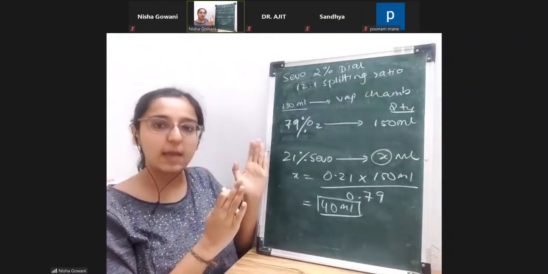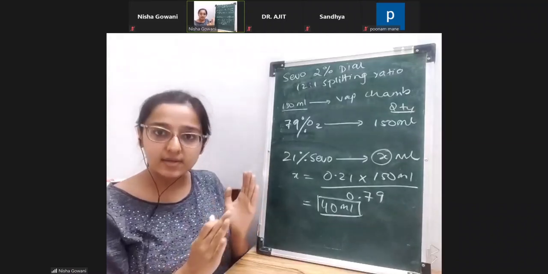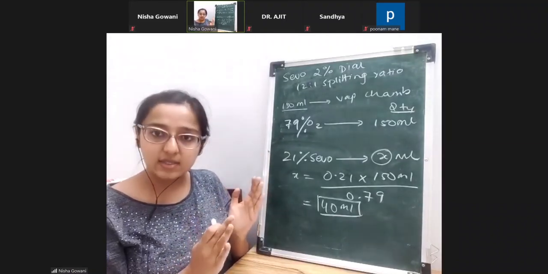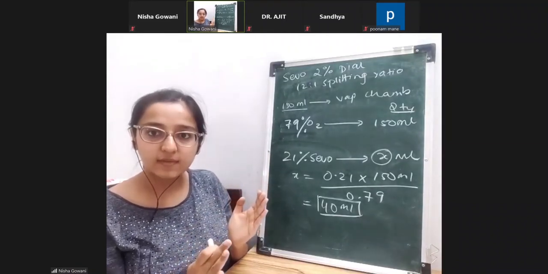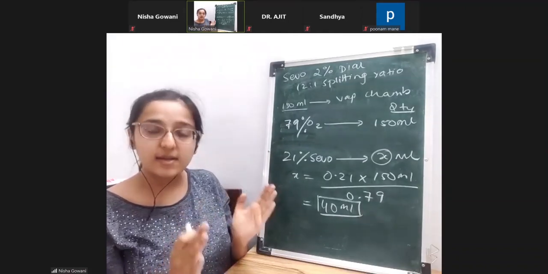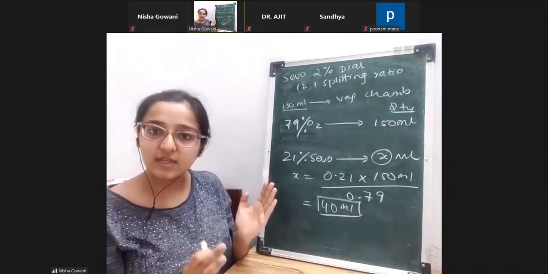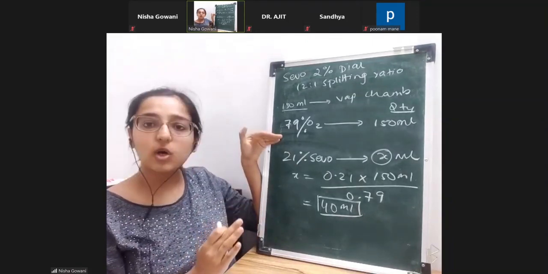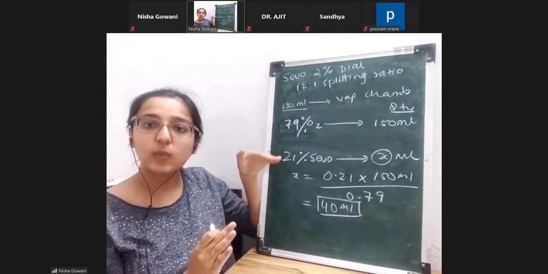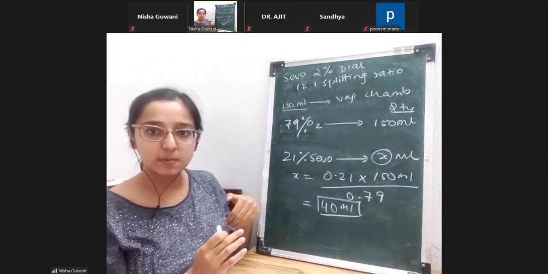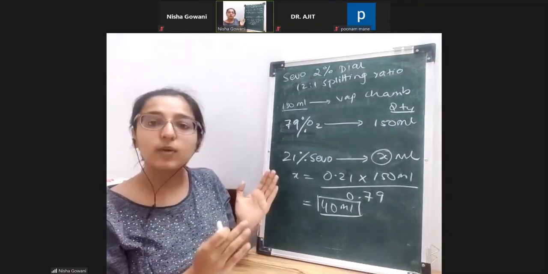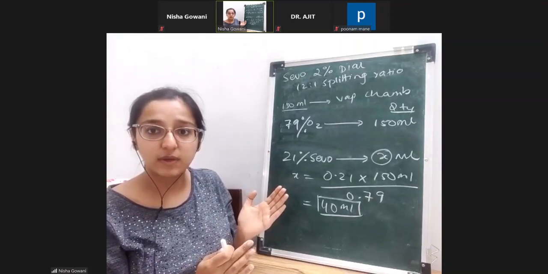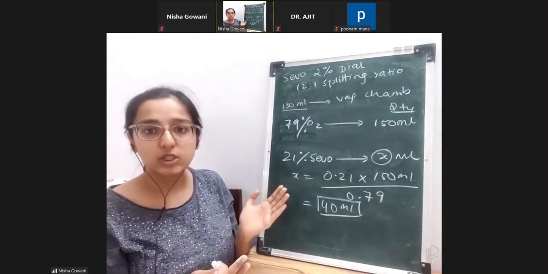So 150 ml of 100% oxygen enters the vaporizing chamber, gets diluted because it comes in contact with sevoflurane 21%. Right now, the gaseous mixture over there is 79% oxygen, 21% sevoflurane, and the amount of oxygen present in the vaporizing chamber is 150 ml, right? Which came from the splitting ratio. And we have now calculated the amount of sevoflurane that has got vaporized. How much is that in ml? It is 40 ml. Okay.